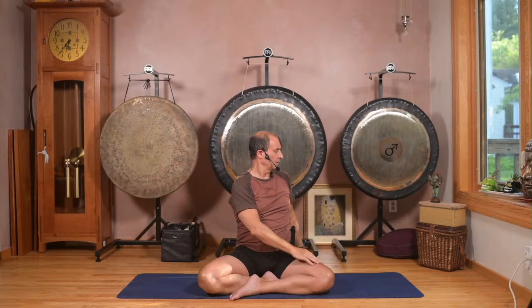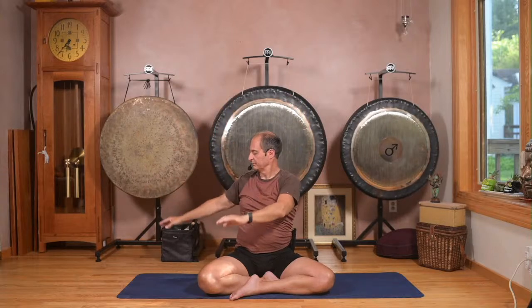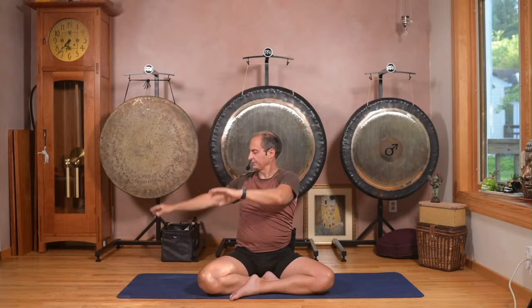Let's extend both arms up, and as you exhale, turn to your right, move into a twist as you wrap your arms across. And then face the front as you breathe in, extend the arms up and turn to the other side. Twisting the spine. Very good. Extend your arms up, and as you exhale, lower them down to the floor,